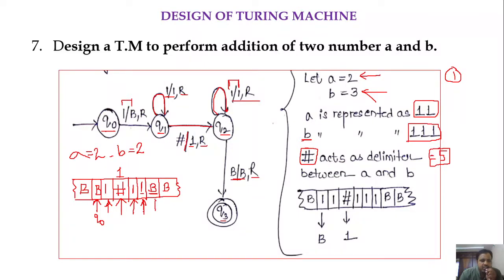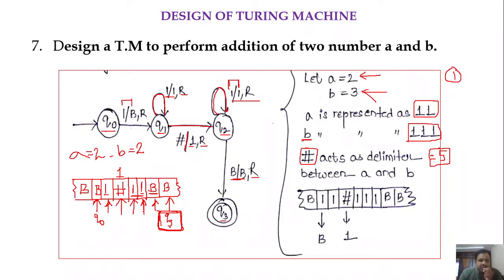the head towards right, and also change the state from Q2 to Q3. Okay. So if you observe the input tape, it is having blank blank 1 1 1 1. So four ones. Okay, and we are in a state Q3. So here this is the state in which the Turing machine halts. Okay, and we are considering that state as a final state, right?